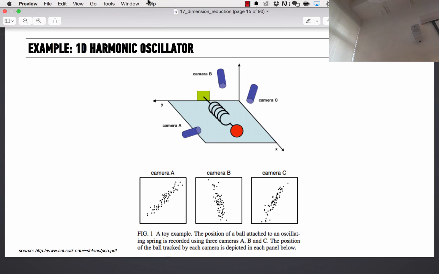Camera B, which is looking pretty much top down, all it sees is going up and down like this. That's all it sees. Camera C, which is kind of at a weird angle, is like, yeah, but you're also kind of missing the fact that down here it kind of gets all wonky because it's away from its base and you're missing a lot of that detail. If you combine cameras A, B, and C together, you get a much better view of what's happening.